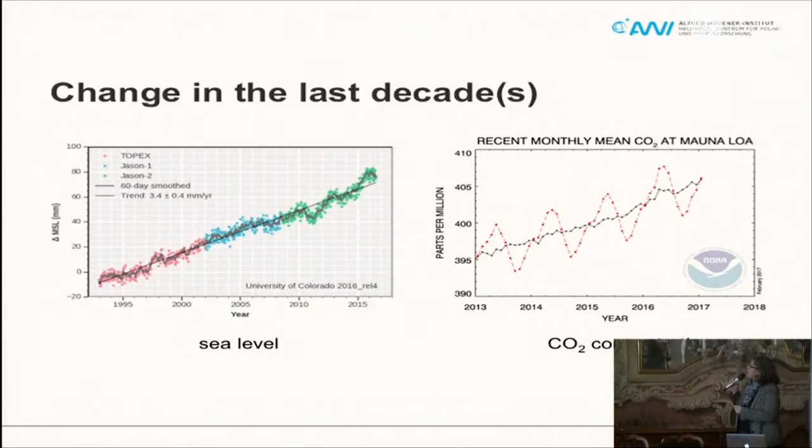And of course, this is only showing you the global mean sea level. But for you living in Venice, for example, global mean sea level does not mean anything. You want to know the regional sea level. And the regional sea level trends are the trends that are affecting the societies. If you are living in a megacity, if you are living at the North Sea coast, the regional sea level trend is a key issue. And that's not only a volume change. It is an interaction between the mass loss from the ice sheets and the ocean.